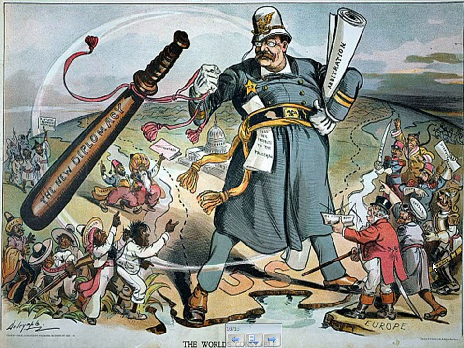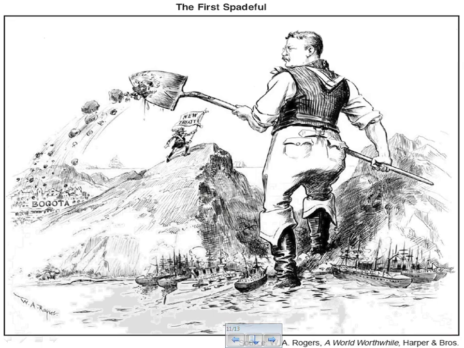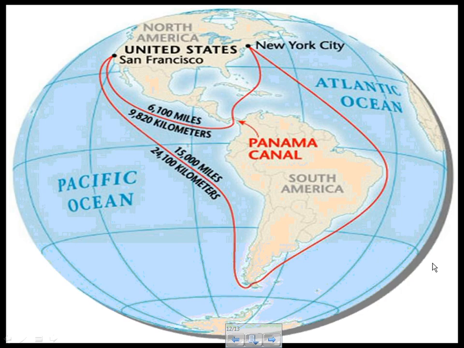One of the particulars of Teddy Roosevelt's administration and his influence globally is his role in the United States construction of the Panama Canal. As you can see him shoveling dirt, excavating dirt, building the canal. Now literally he didn't create the canal, but he, as a President of the United States, pushed the United States to successfully achieve this construction project because the canal was a very important economic and military trade route.